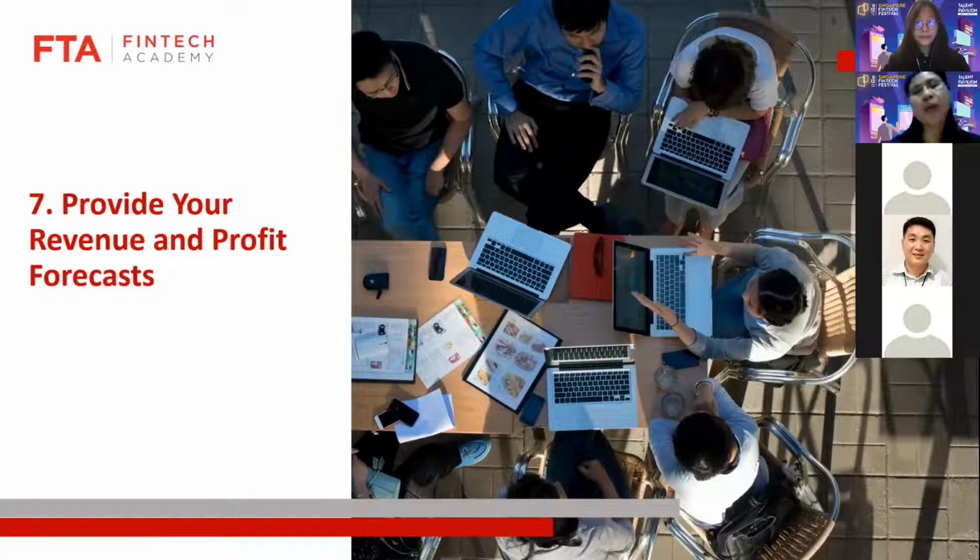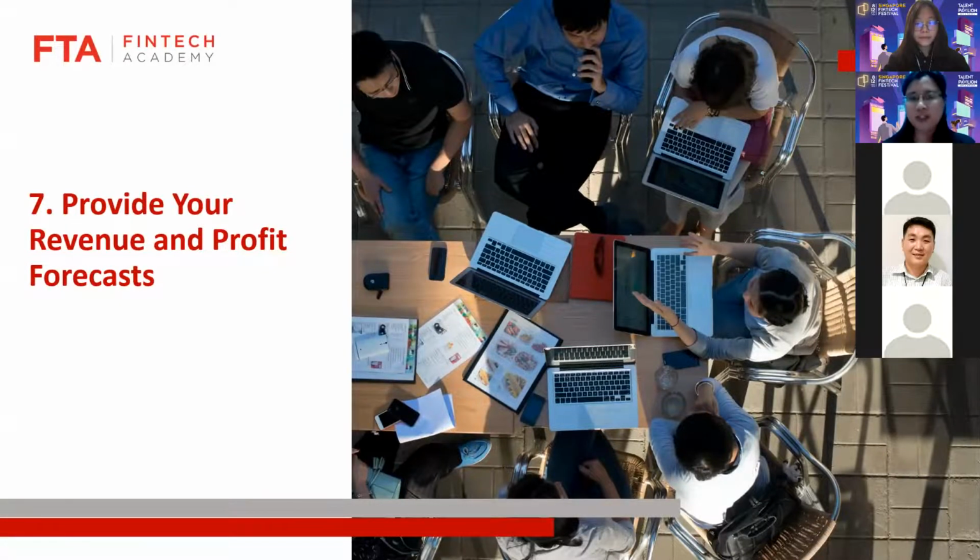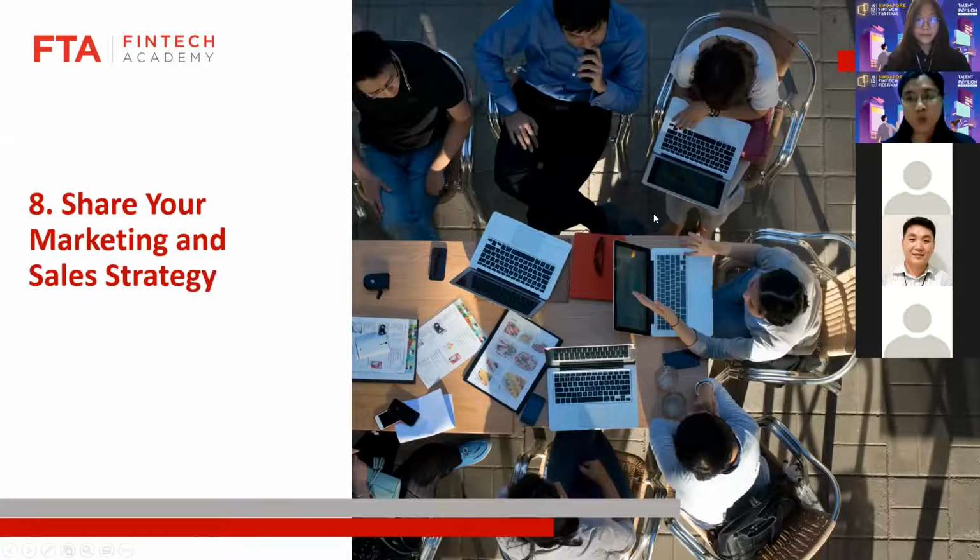Now that you are really halfway through this, the investors know about the problem, your solution, and your pricing model. They're now comfortable with your forecast. They want to learn more. So what comes up on slide 8? Let's take a look. On slide 8, this is something that's really important, which I emphasized earlier. You have to tell the investors your marketing and your sales strategy.